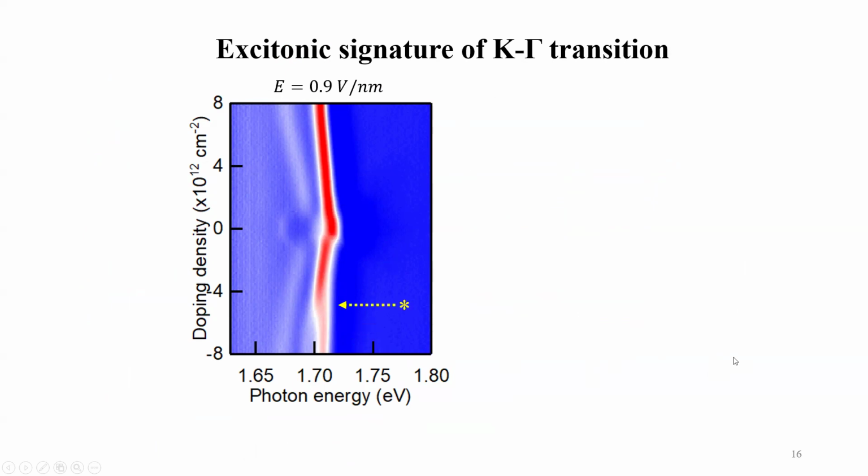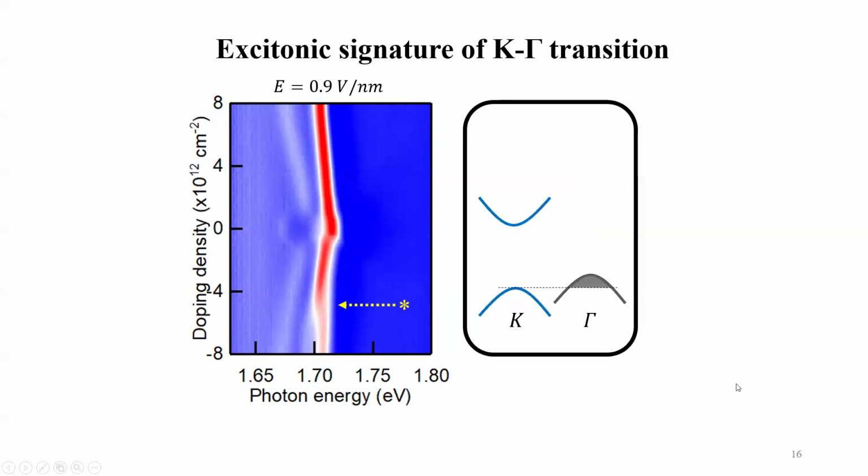And then if we look at this kink point, which is labeled by this yellow star, this is corresponding to a critical case that the gamma valley is doped, and it just starts doping the lower K valley. So this is a critical case. And then if we change the electric field, we can see this kink point is just increasing,